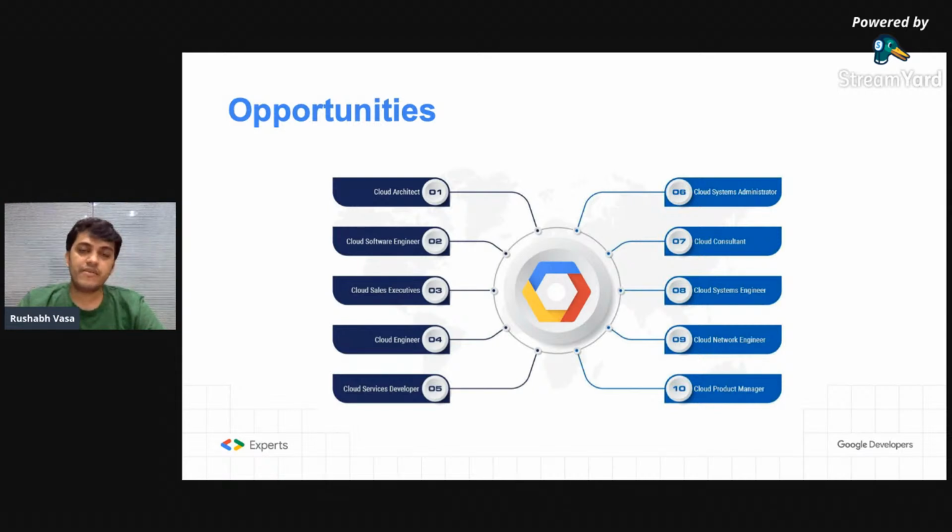Of course, not only in Google, but AWS certified engineers and Azure certified engineers are also in much demand. So I'm not saying that you just have to be a Google certified developer, but whatever platform interests you, you should look. But overall, as a cloud professional, there are huge opportunities. There is opportunity as a cloud software engineer, cloud engineer, then a cloud sales executive, cloud system administrator, cloud consultant, cloud DevOps person, cloud network engineer,